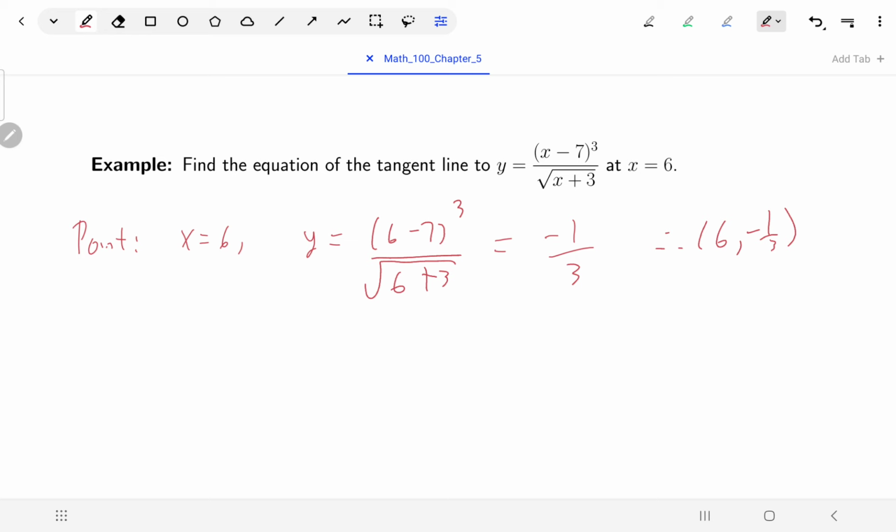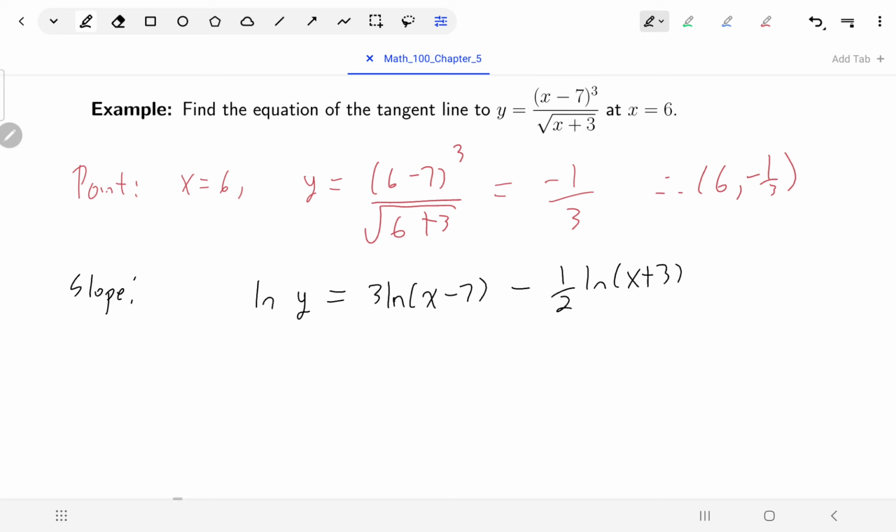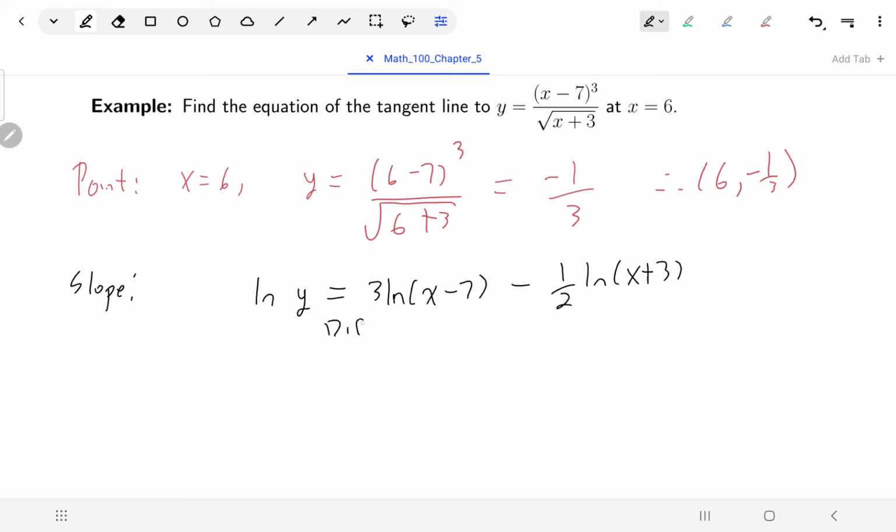And then as far as finding the slope goes, that's our next part, I need to find dy/dx, and I'm going to do differentiation logarithmically. I mean, I could do quotient rule, but instead I'm going to say that if I took the natural log of both sides, I would have natural log of y equals natural log of the right side, and I know how that would simplify. It would be 3 natural log of (x minus 7) minus half natural log of (x plus 3). And if I differentiate this with respect to x,